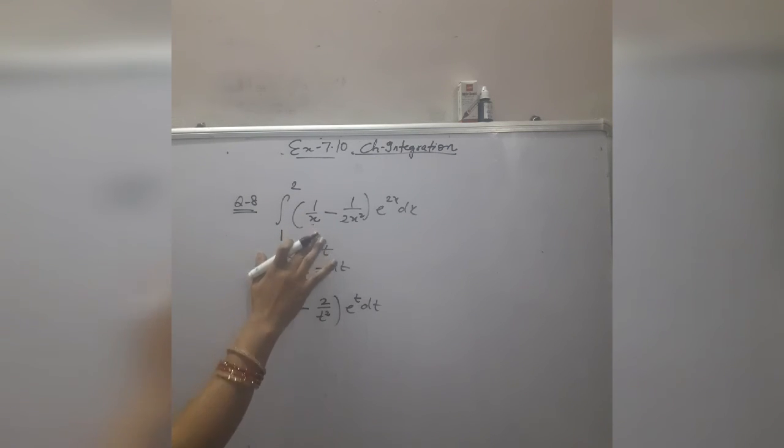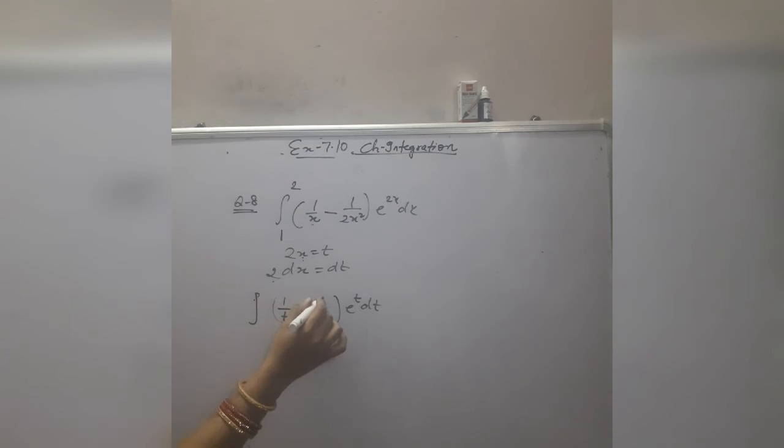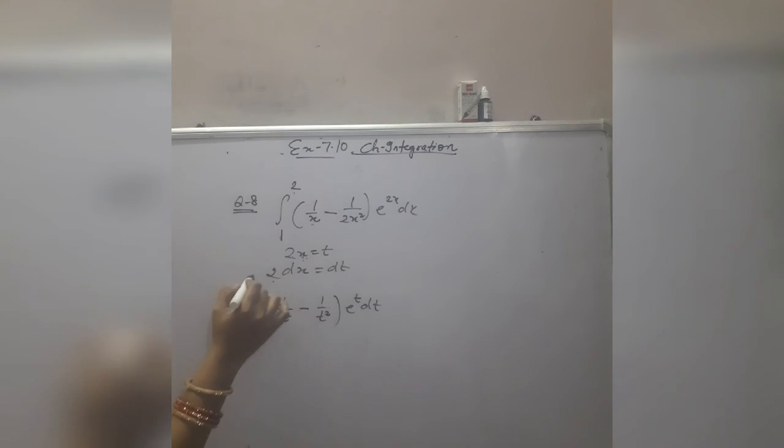It is given in the x variable. Now we have got it in the form of the t variable, and this 2 is constant. You can take this 2 common. After taking 2 common, it becomes like this. Now see the limits also. If you put x is equal to 1 here, the lower limit will be 2. If you put x is equal to 2, the upper limit becomes 4. So the limits also changed from 2 to 4.